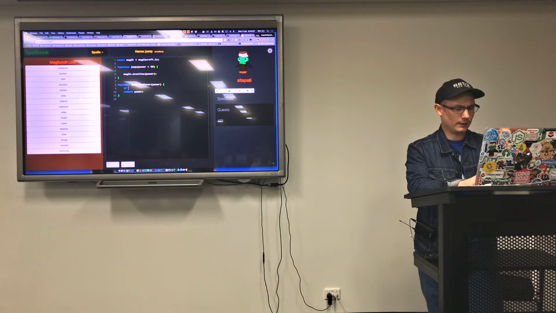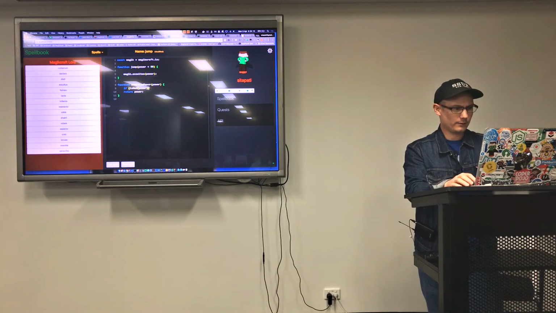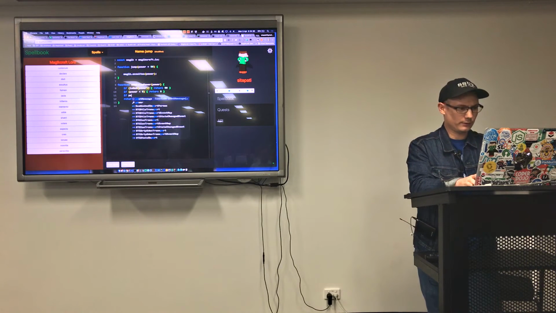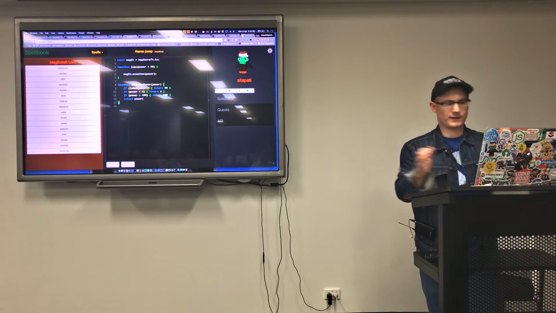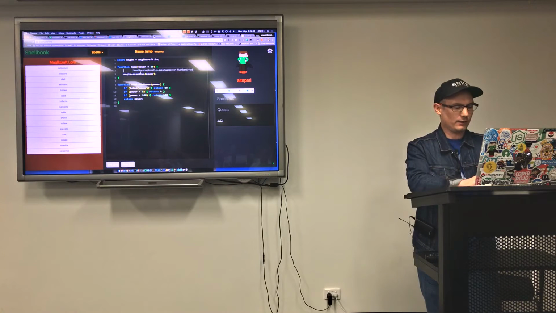But I'm going to check if the power is not a number. Then I'm going to return 50. And if the power is less than 0, then I'm going to return 0. And if the power is greater than 100, then I'm going to return 100. See? No variables. And now what I can do in here is go const